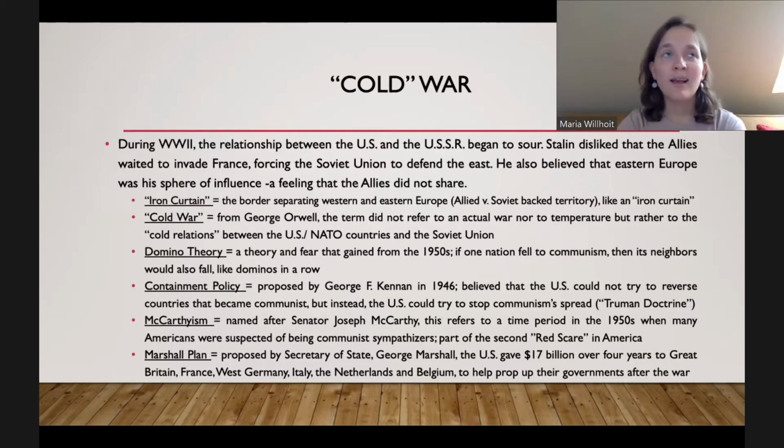And again, I have a hard time understanding the Cold War because I think it's incredible that people would think this, that they would be this paranoid, that they would be this suspicious, but they were. So people really believed that, oh my God, communism could spread. And they believed this in the 1920s and they believed this in the 1950s. And more so in the 1950s because it is actually happening.